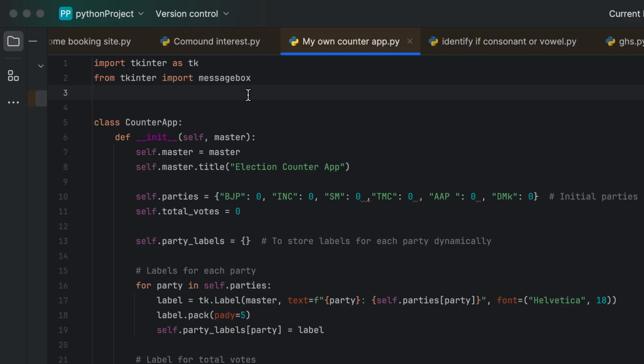So let's say you are on a MacBook. I'm using a Mac right now, so the message box will come up like this. But if you're using Windows, I do not know what is going to come, so let us see. The code will not depend on whether you are using a Mac or any other type of laptop; the code will remain the same, just the output will change. The GUI might look different on a Windows laptop. So these are the initial parts.